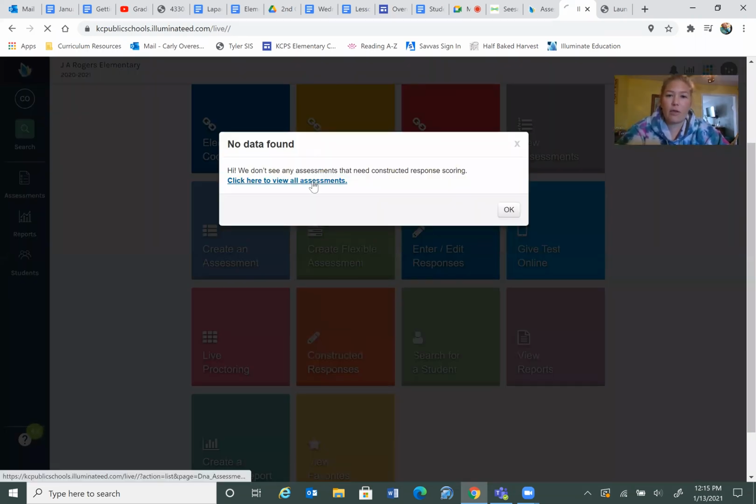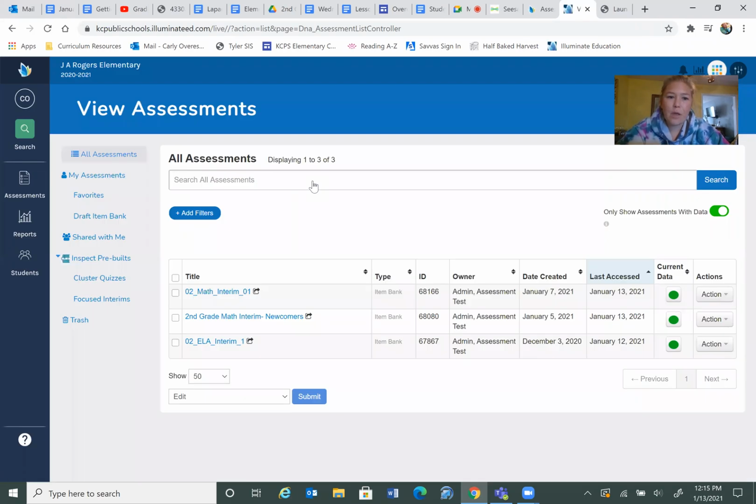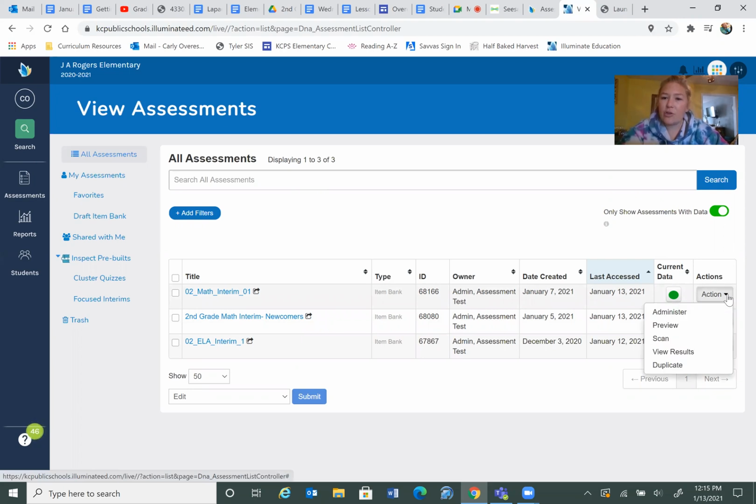Again, click here to view all assessments. Your assessments will pop up. Mine, again, was only in math. I come here to action, and you can come over here to view results. So I click on view results,